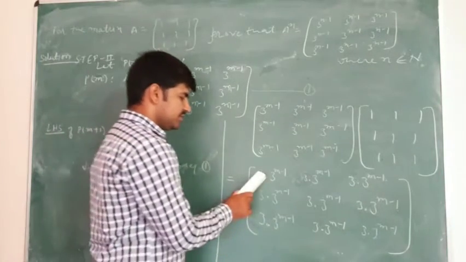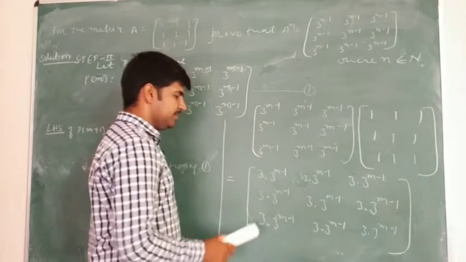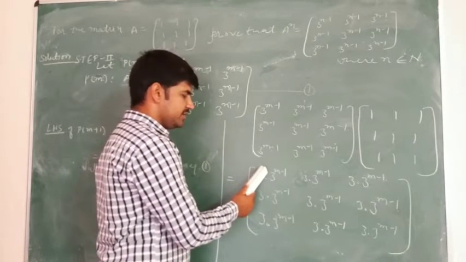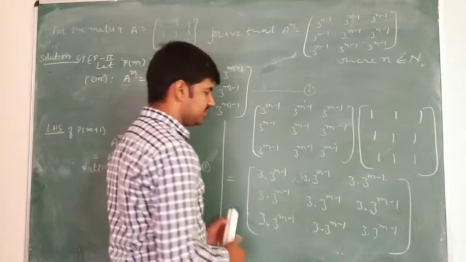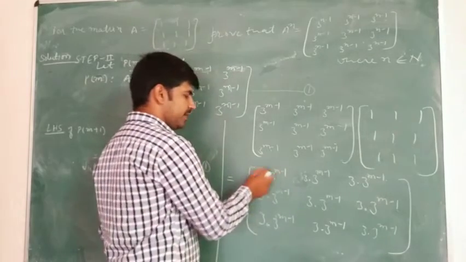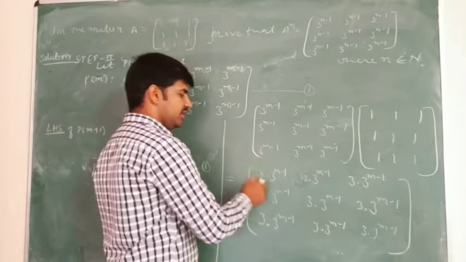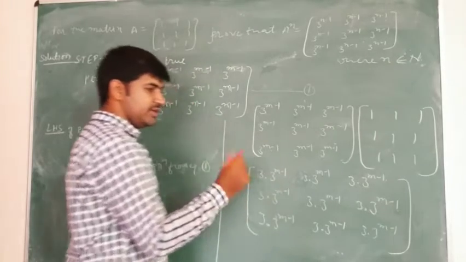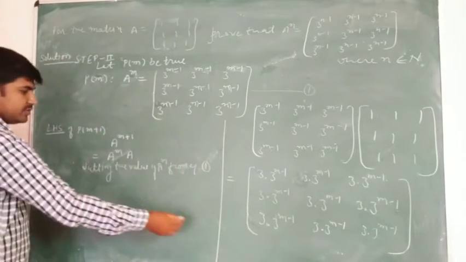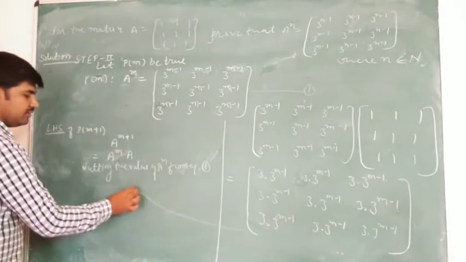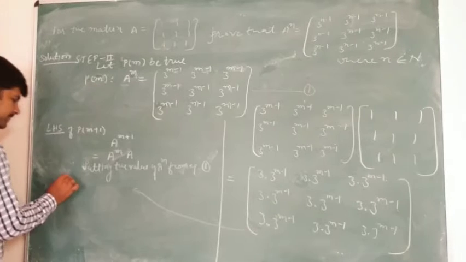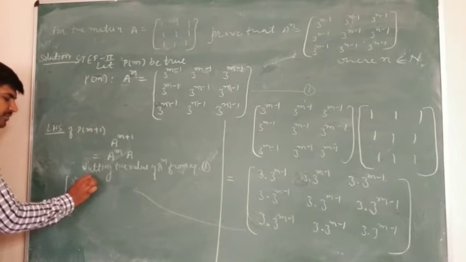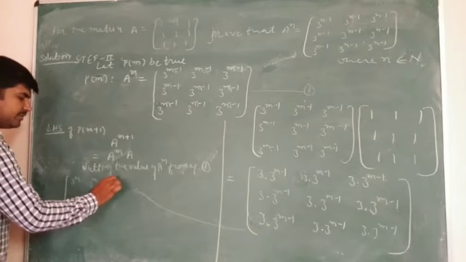Dear students, 3 times 3 raised to the power something. When we multiply these two, the power of 3 is 1 and the other is 3 raised to the power m minus 1. So powers are added. What would we get here? We will be getting m minus 1 plus 1, so we will be getting 3 raised to the power m. So the next step from here is 3 raised to the power m, 3 raised to the power m, and 3 raised to the power m.